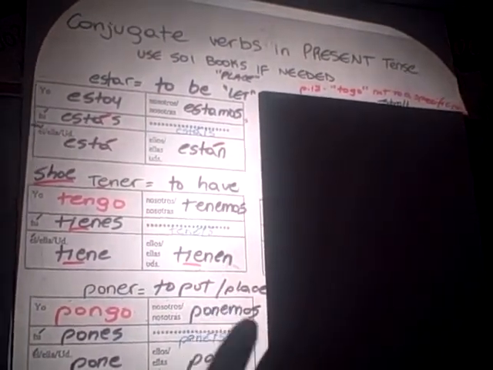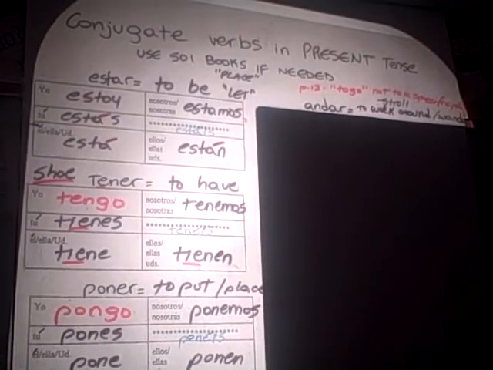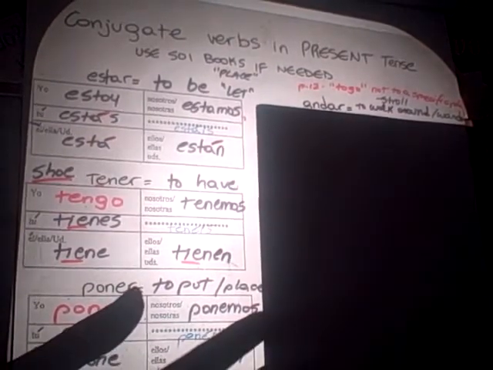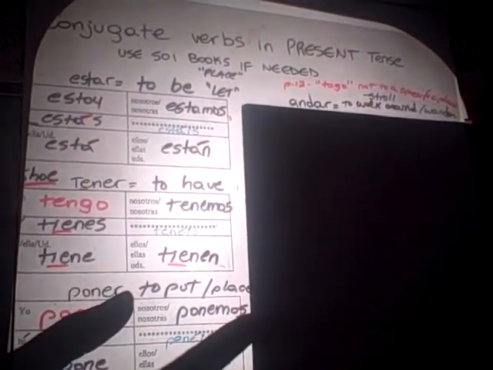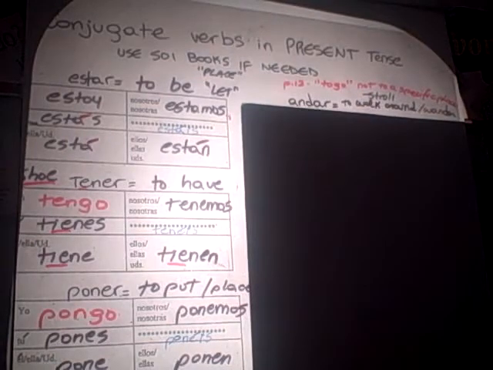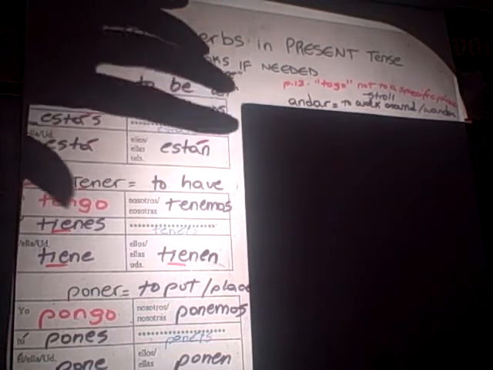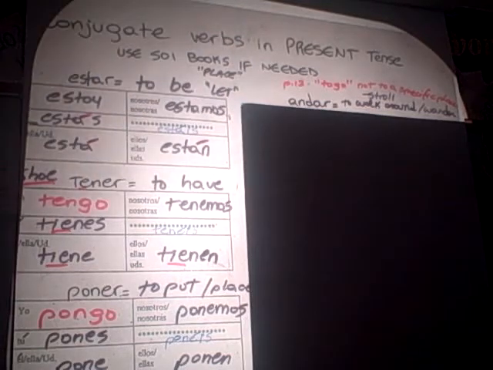Alright, andar is not a verb we've had before, so you can still conjugate it as a regular conjugation. You just didn't know the meaning. It's kind of a different walk, so it's not caminar, but it's like you're walking around, you're wandering, you're strolling, like what you do in the hallways. Okay, that's what andar is. You're just wandering around. You're not really going anywhere. So on page 12, it tells you it's to go, but to go not really to a specific place. You're just kind of strolling.